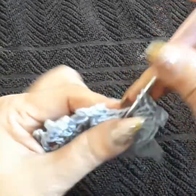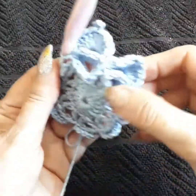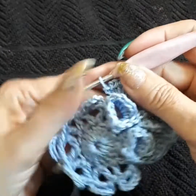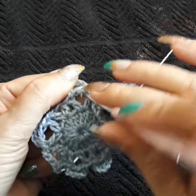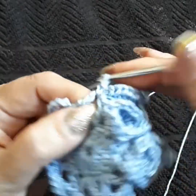I'm not, so we have 3, 4, and 5. The sixth one will be 1 chain and 1 single. Okay, so now you got your 2 cutie pies there, as Nancy calls it, cutie pies. Okay, so I'm gonna come in, whoops, on the middle. I'm gonna pull my loop to the back loop, so I don't stitch it, doing a single and 1 chain,